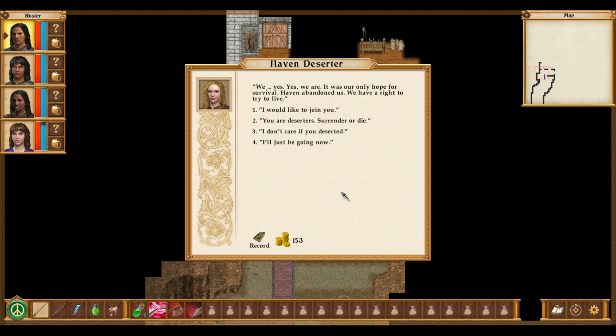"I would like to join you." "You are deserters, surrender or die." "I don't care if you deserted. I'll just be going now." "You deserters, surrender or die" would be, I guess, what our mother would want us to do. I don't care if you deserted. This game...